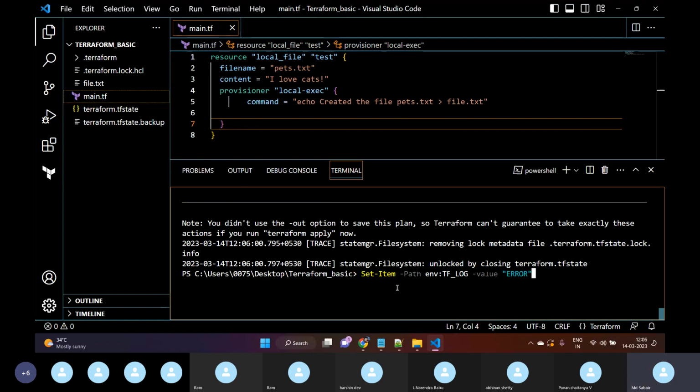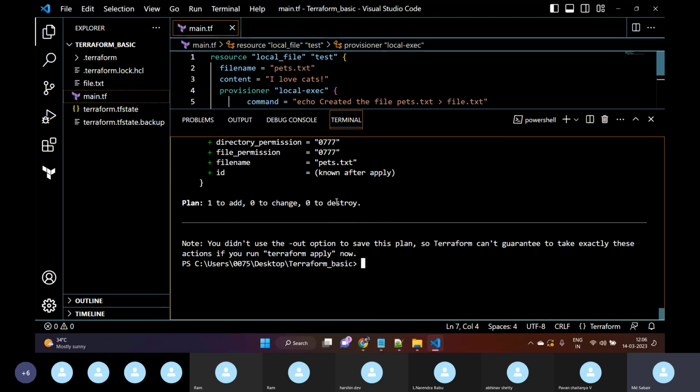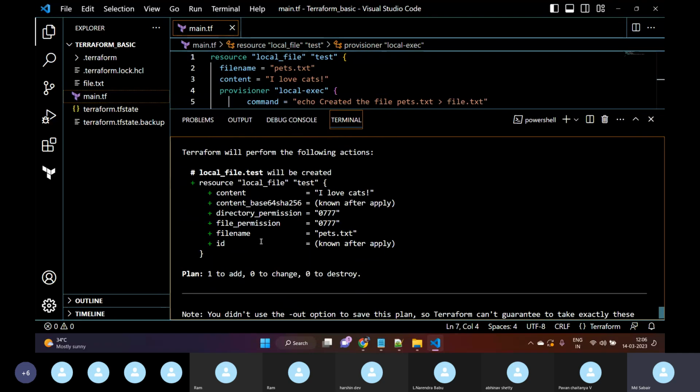Okay, I want to see only errors, so I will change my variable to error. If I execute Terraform plan, as of now we will not see any errors because we don't have any errors in our configuration. Confused? No. Okay, for example, let me